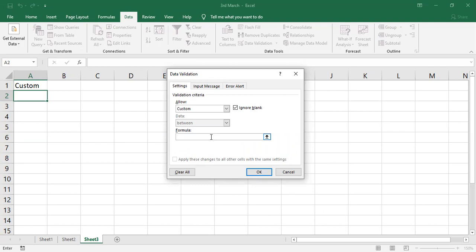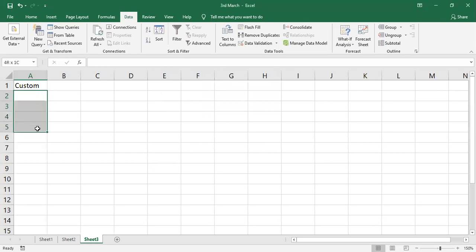Now this cell should accept only numbers. It should not accept any other thing. I'm not saying that it should accept only whole numbers. It can be any number, but it should accept only numbers, no text. So how to give that? Let me select more than 2 cells. I've selected 4 cells.